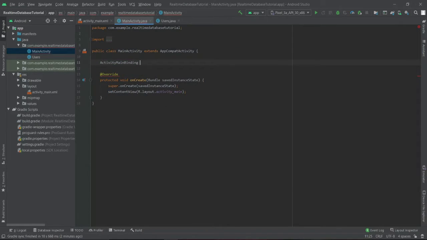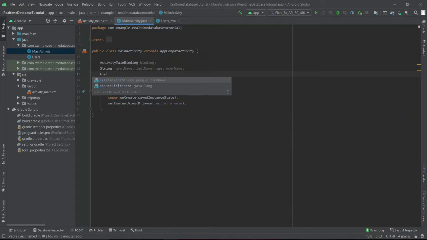So if you do not know about this, it is the concept of view binding, so I'm using that. First name. So these are the variables in which we'll be getting the data from the user, the data that will be entered by the user in those fields.